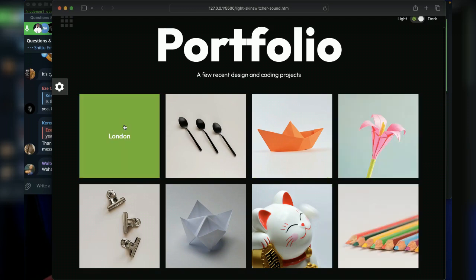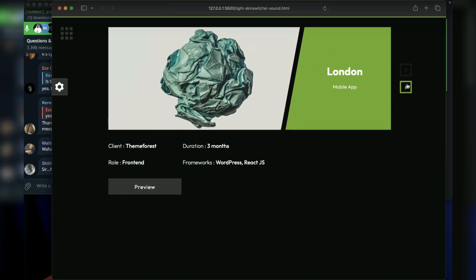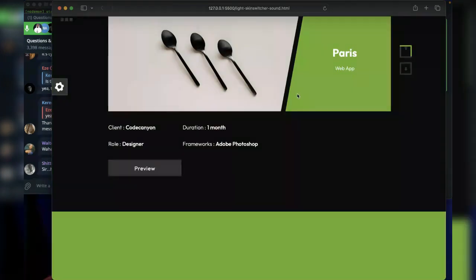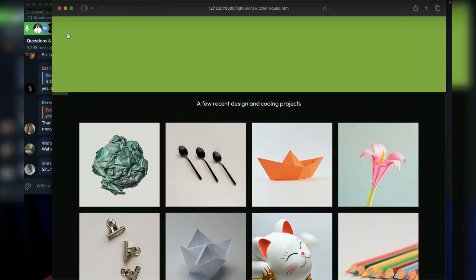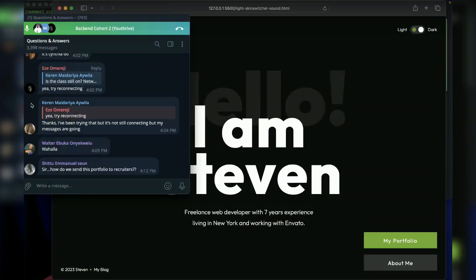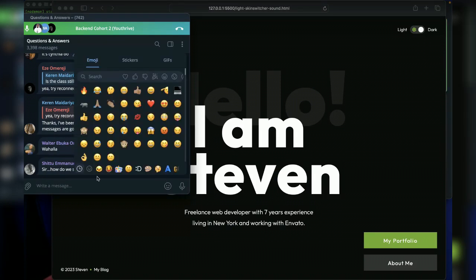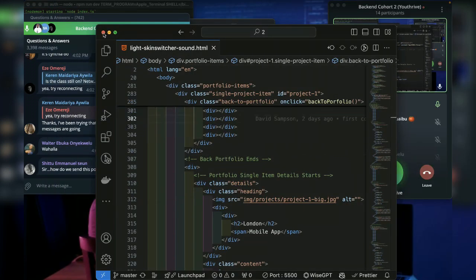And does it have details? It has the details, just short details about what you've worked on. And you can go back, you can also go forward, go back. So like I said, it's dark and light mode in the same file. We're going to come to the part where you send them to recruiters. You can also change the information. So the final one, which is the third one, I will want to